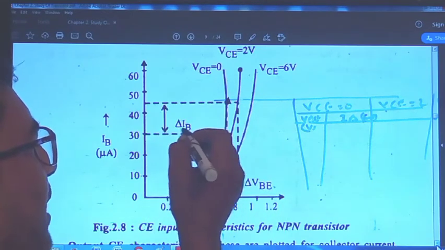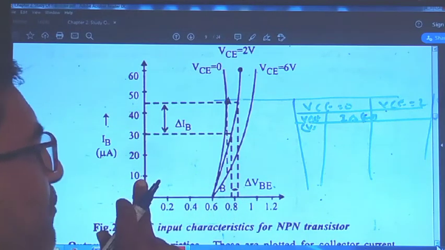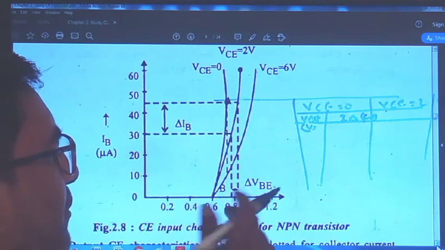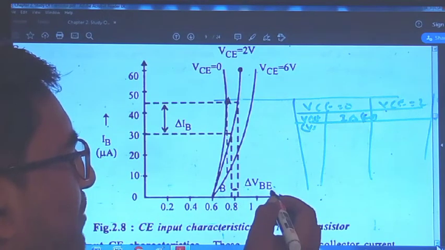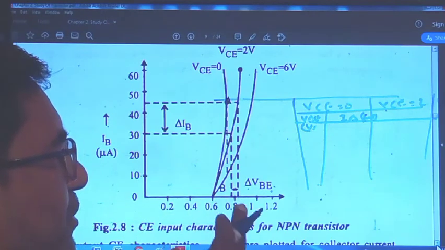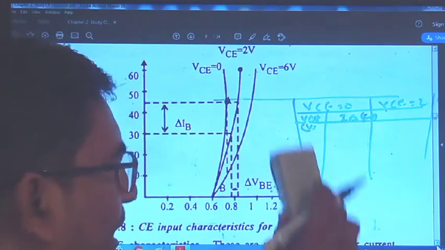So you will be getting the del of IB, and the same thing is marked on the y-axis also. The two parallel lines have been drawn. Here you will be getting the del of IB. Okay, so the input resistance, if you are going to calculate from this particular wave, you will be getting